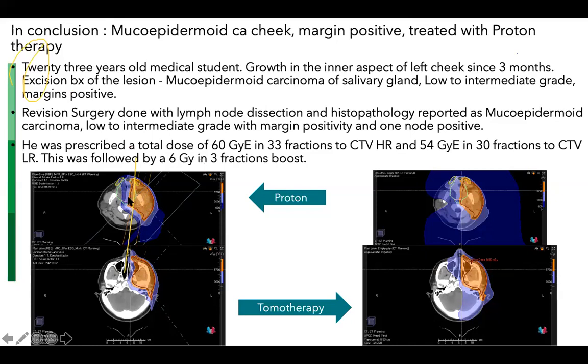And I'd like you to pay attention here. This is the proton plan, and this is the spillage. This is the 600 centigray isodose and the 30 gray isodose. This is the proton plan, and this is the photon plan. So of course we want to achieve a contralateral buccal mucosa mean dose of less than 26 gray.